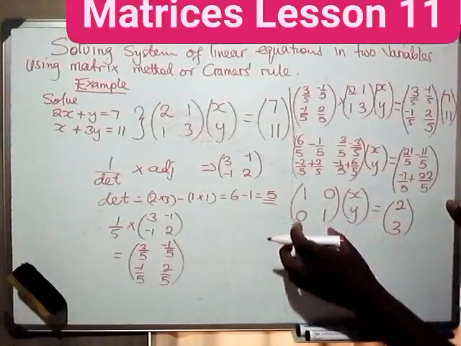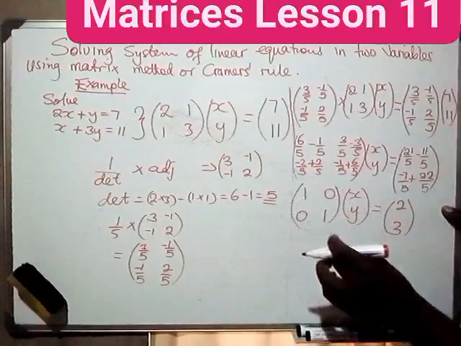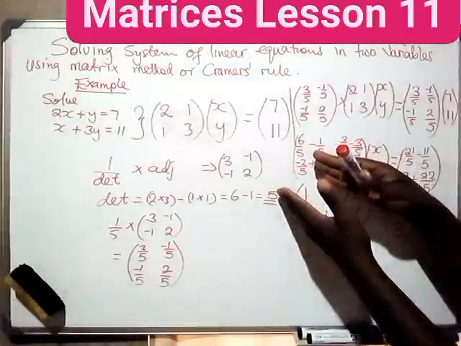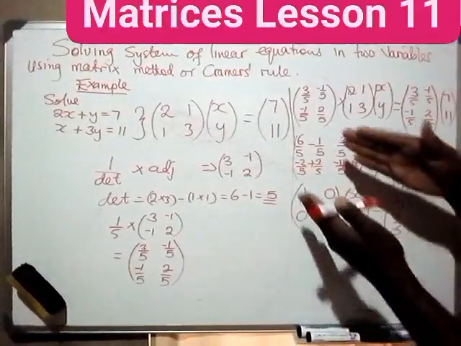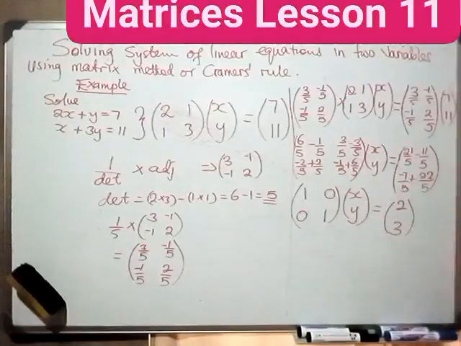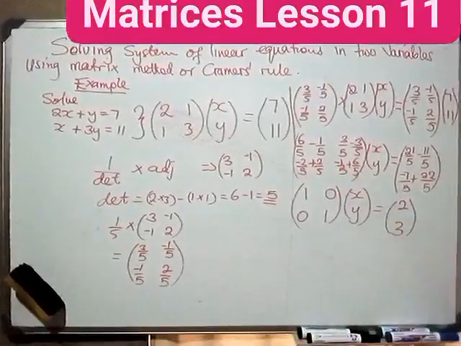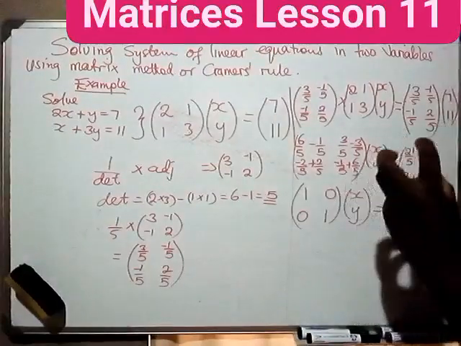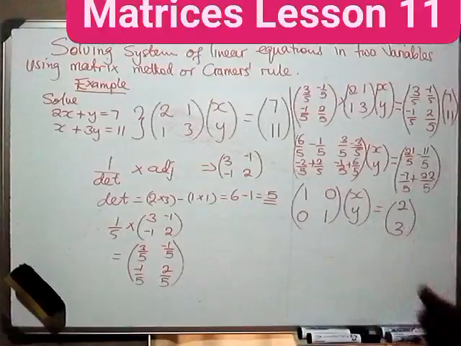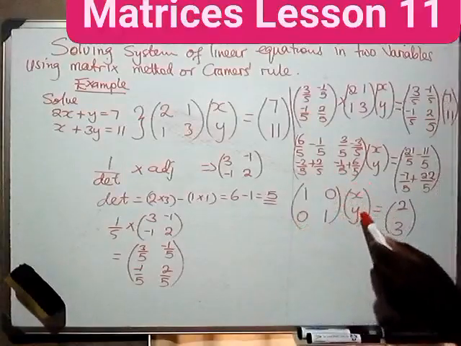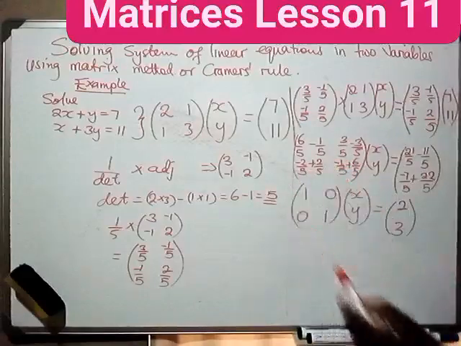When you look at this matrix, it is known as an identity matrix. An identity matrix is a matrix whose elements in the major diagonal are 1 and the other elements are 0. So this is an identity matrix. We learned that if you multiply any matrix by an identity matrix, it is the same matrix. Meaning, if I multiply this matrix xy by this identity matrix, I will still get